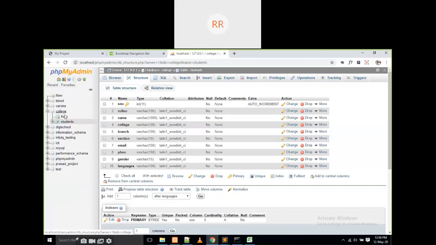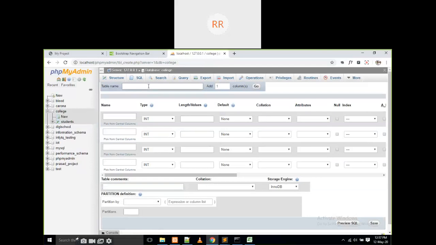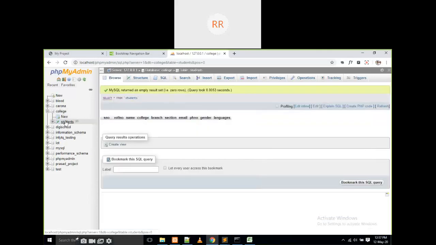Like this, some college is there and students. What is the use of this new? It is going to create a new table inside that database. Clear, everyone? My database name is college. Inside that, students are there. One more we can take is employees. Like this we can take n number of tables, some admin staff, teacher staff, faculties, admins, HODs, we can maintain like that. First of all, I am going to create one table, that is students.